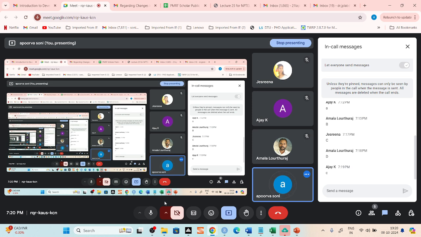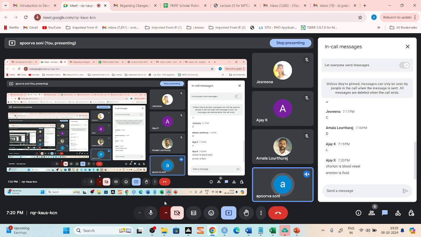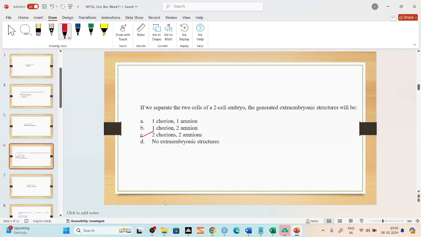Chorion is blood vessel, okay, and amnion is fluid. That way also if you are saying it's fine, but